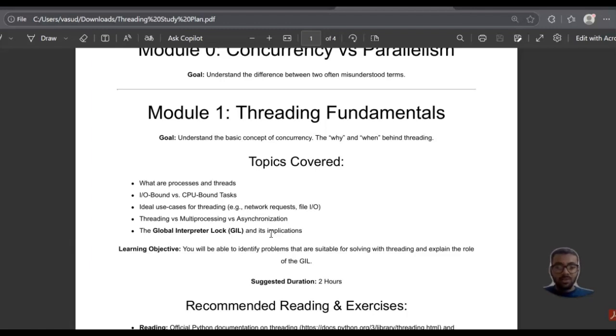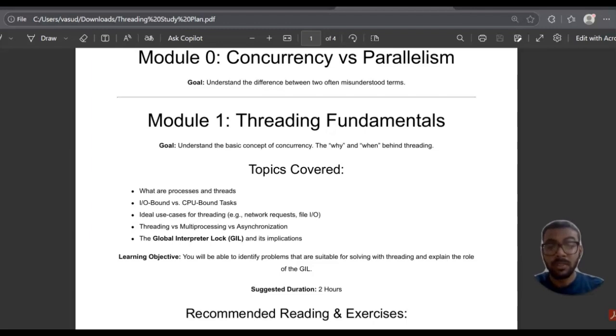But if we use multi-threading, we can create a thread for taking the input from the user, and then another thread will work in the background and send the task to the server. So that is the best case scenario of using thread. You can keep a main thread to work with the UI, and then send the